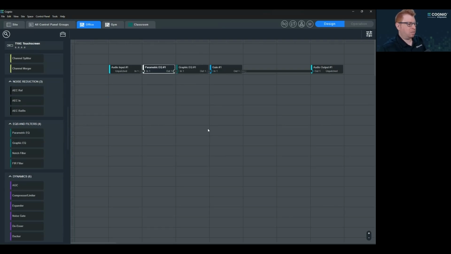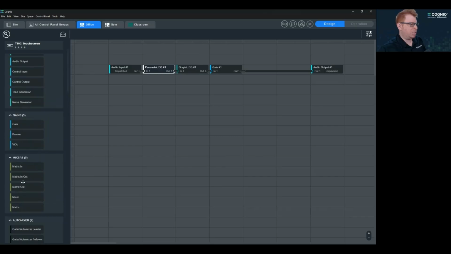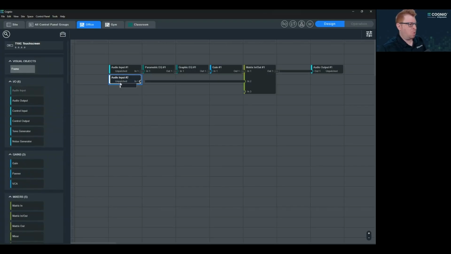I can also dynamically control how many inputs and outputs each module has. So I'm going to add a matrix here and say it is going to have 3 inputs. And I'm just clicking on those plus, and I've added 3 inputs to that matrix. And I could manually drag more inputs there,